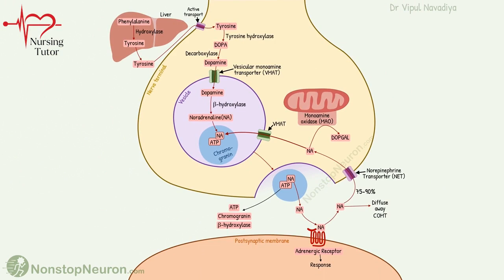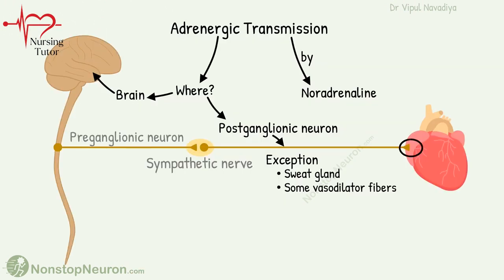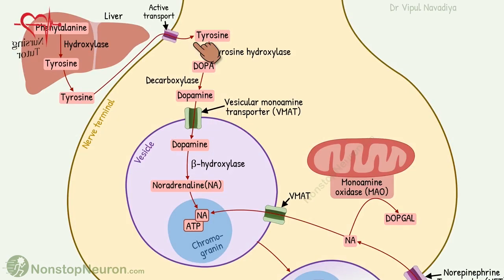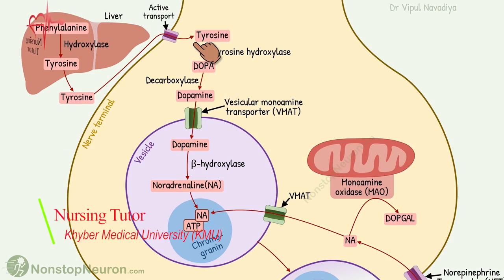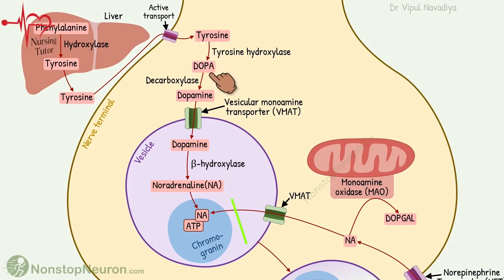Now let's have a quick summary. Adrenergic transmission is mainly seen in sympathetic postganglionic neurons. It involves uptake of tyrosine, synthesis of DOPA, its conversion into dopamine, uptake of dopamine into the vesicle, synthesis of noradrenaline, its storage with ATP and chromogranin,